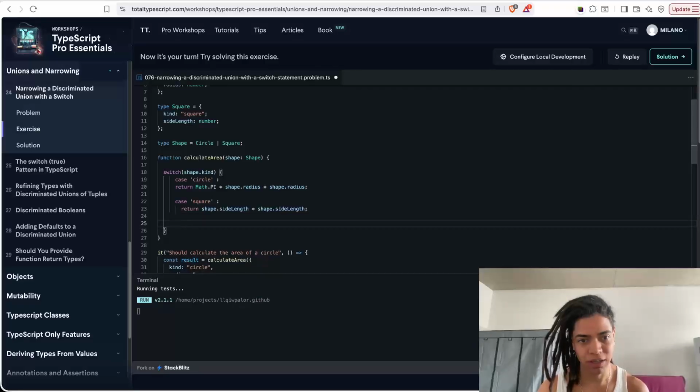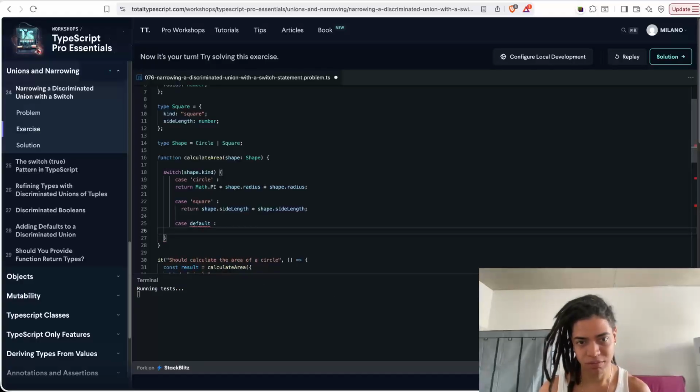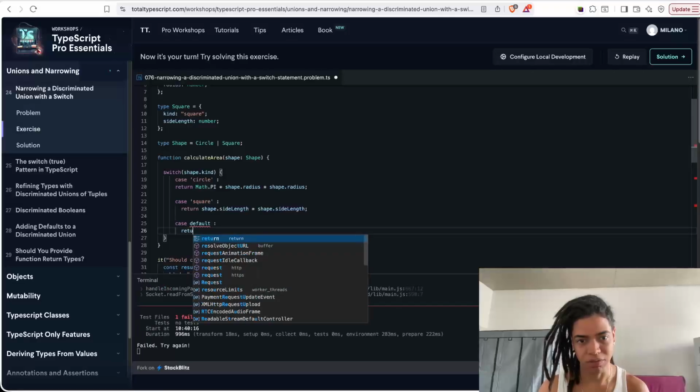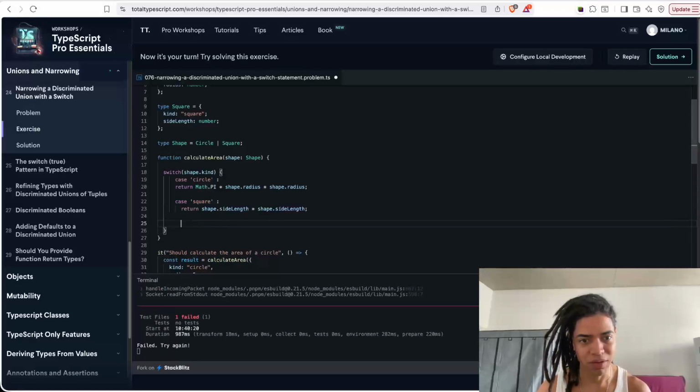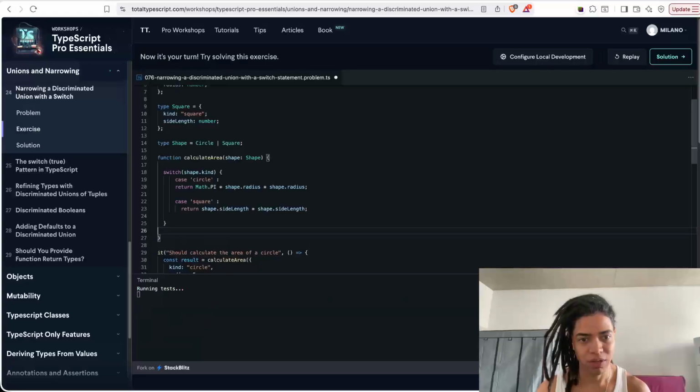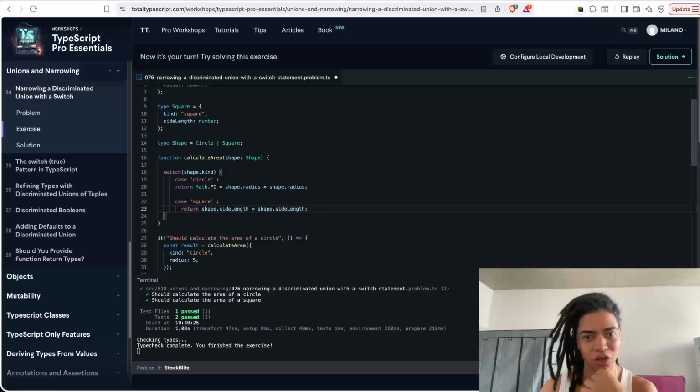I can also handle the case of default, right? To actually, if I receive something, I'm gonna return nothing. But I don't want to deal with this scenario here as it is. So this is how you can actually do narrowing with union